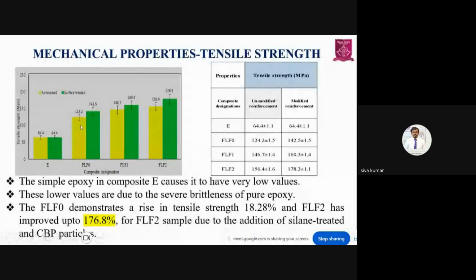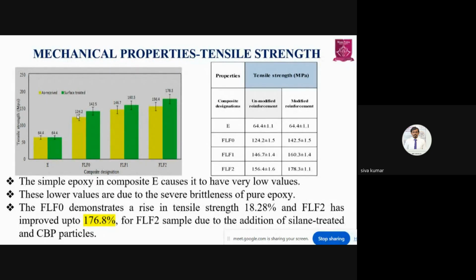So in between, there are no significant differences. Using surface treated and as received fibers gives only a little bit of improvement. If you see here, FLF0 is as received, which means there is no silane treatment. The second one, the green one, is silane treated. The yellow one is not silane treated. So there is not much difference between